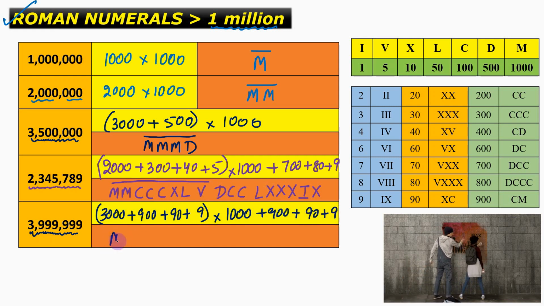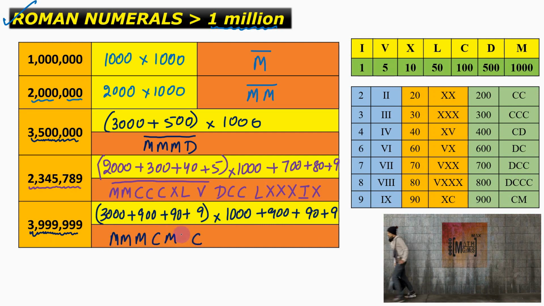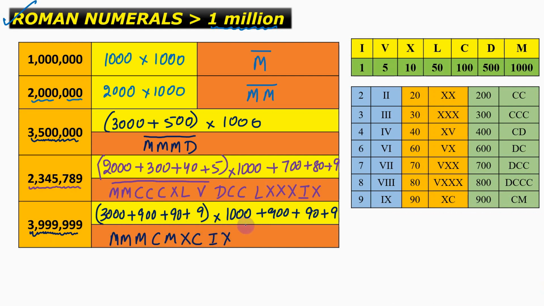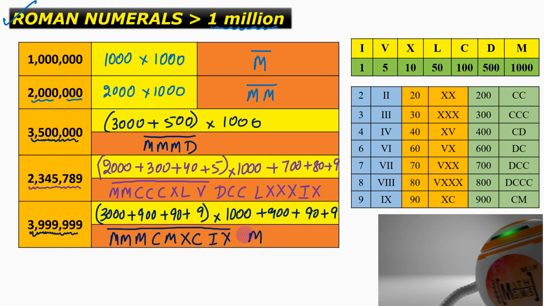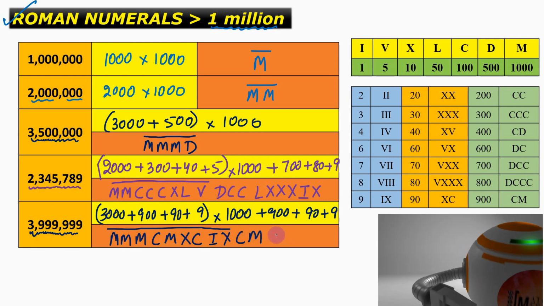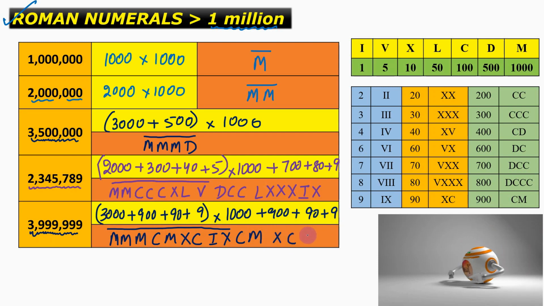So 3000 will be MMM, 900 will be 1000 minus 100, 90 will be XC, 9 will be IX, and multiplied by 1000 means there will be a bar on top of it, and then 900 is CM, 90 is XC, and then 9